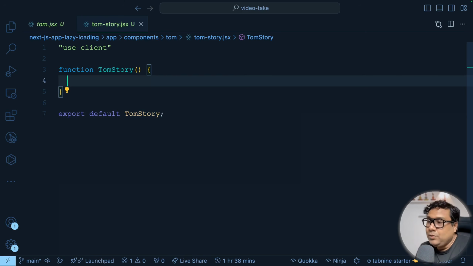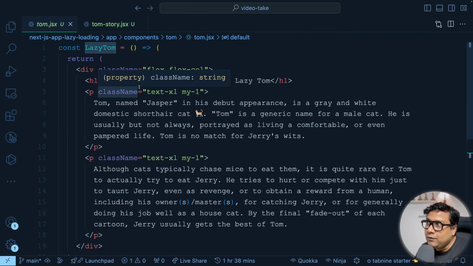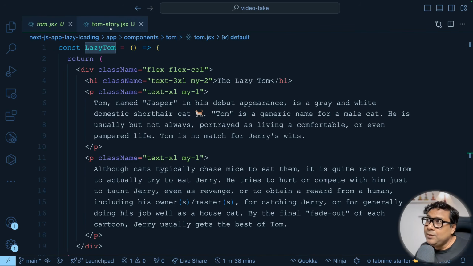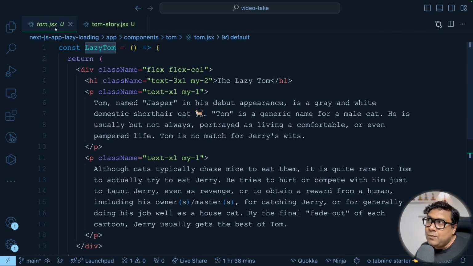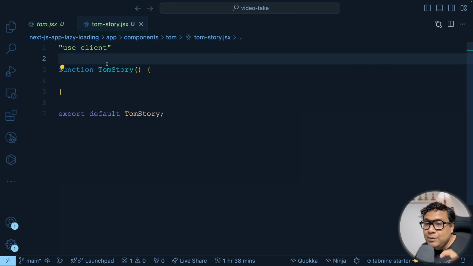Now what we're going to do, we will be having a button. On click of the button, we will be lazily loading the content of tom.jsx. This is the objective. So tom.jsx, we won't be importing in the usual way like import LazyTom from tom. No, that's what we are not going to do. What we're going to do is import it dynamically, but with lazy loading. Now here in this example, we are going to use the Next.js package called next/dynamic,